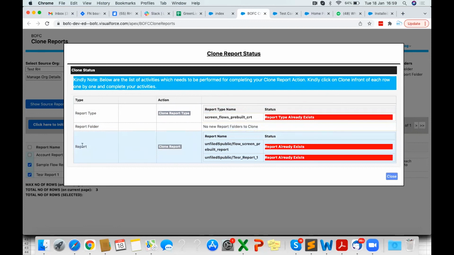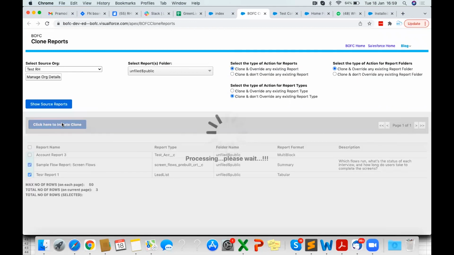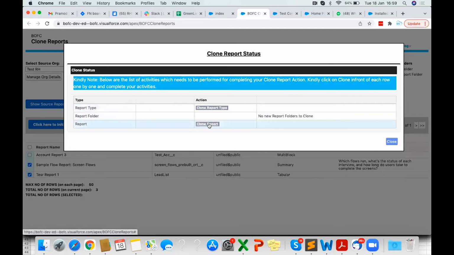Okay, now it's showing me that these two reports are already there in this current org. So there is no action required from my end. Why is it showing me that the report already exists? Because I have chosen the option to not override. So if I choose the option to override, let's see how it works now. If I choose an option to clone over reports,